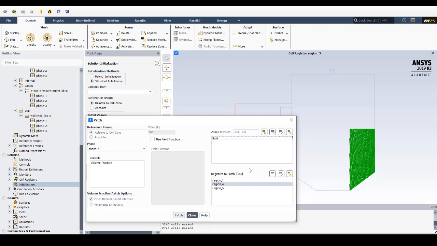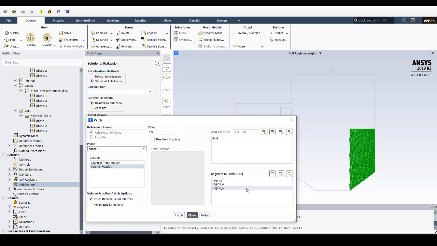Here the region is entirely filled with water plus nanoparticles, which are 0.9 plus 0.1. So the volume fraction of the water for each and every region here is 0.9. So patch it for region 1 with 0.9, region 4 with 0.9, region 5 with 0.9, right?